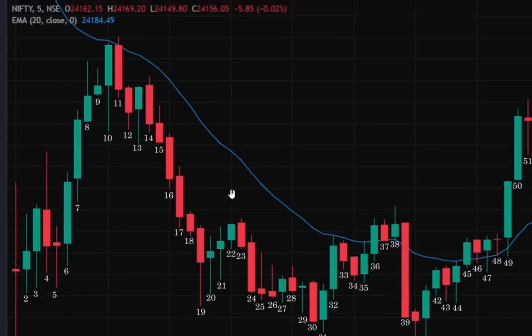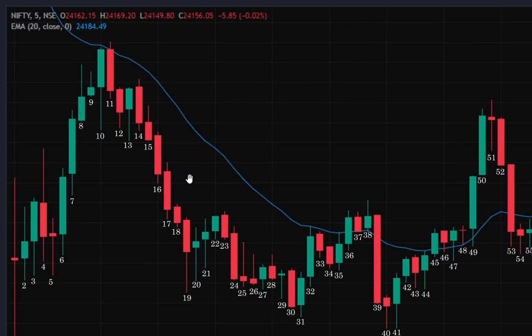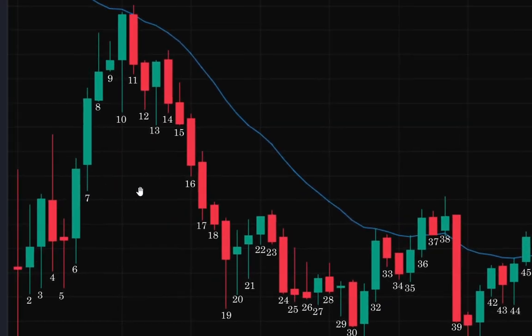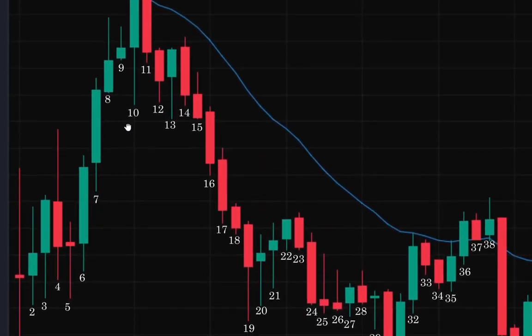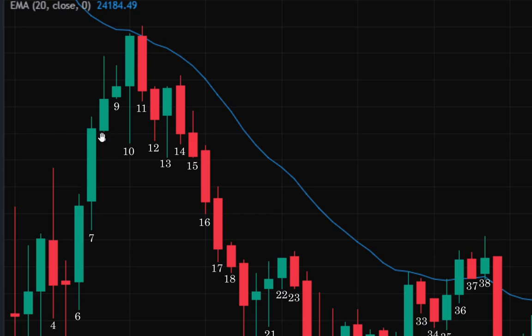Now my initial thinking was, let's see about the setup. As you can see, bar 7 has completely broken bar 4. So this is a good bar and we should wait for a pullback. Now you can see that this can be an H1 pullback, but I will not consider this as an H1 pullback. You can see that bar 13 was an H1 pullback, but we should wait for some more confirmation.